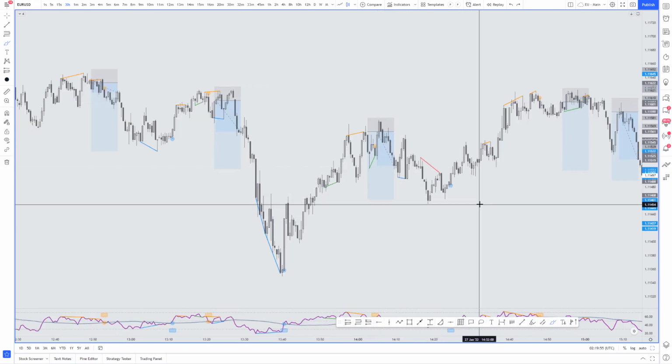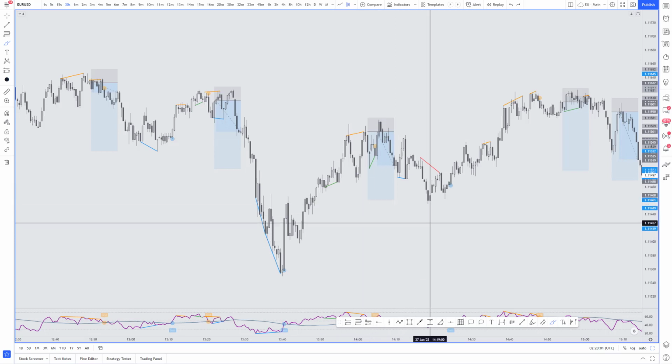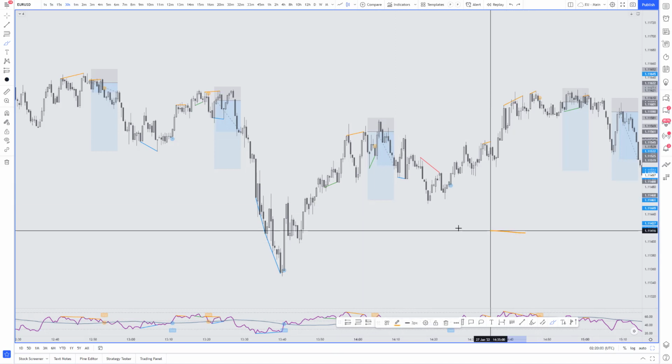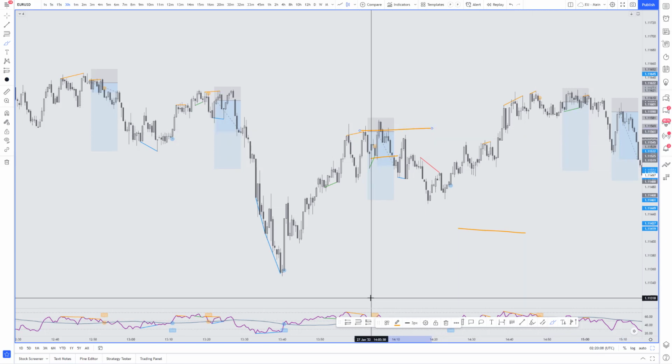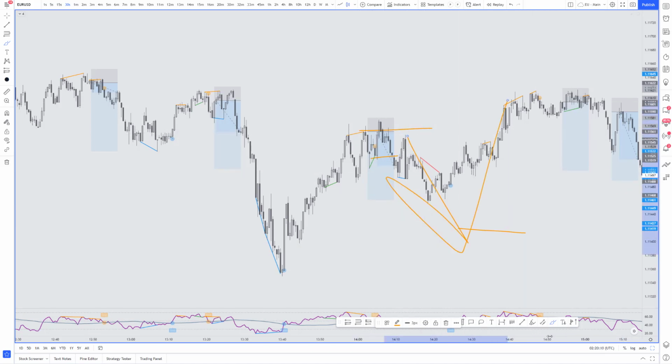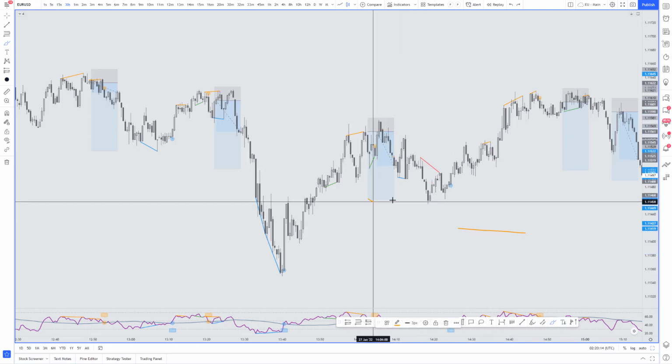Now, the beauty of this is there's no emotion. You put your TP in, and it just runs to the TP, it closes itself, and you manage the exact same. You get your first one on break structure, you move to break even, and then it runs the target. And then here is a prime example of this trade hitting 5R and reversing,